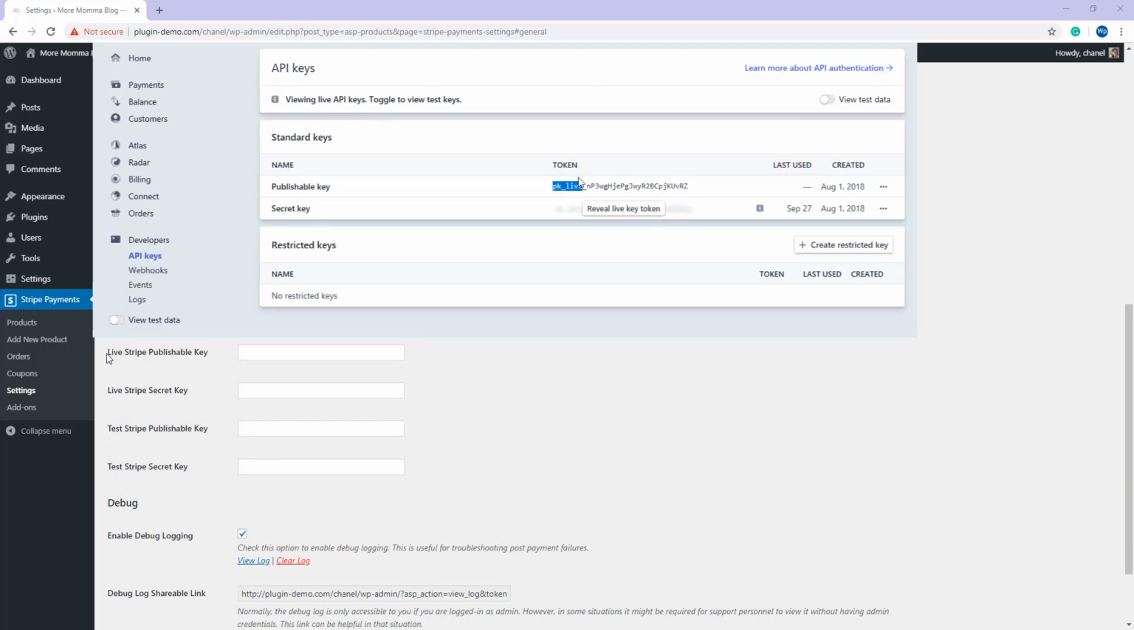So it's important when you copy these from your Stripe dashboard that you paste the live Stripe publishable key and test Stripe publishable keys in the right fields, and your live Stripe secret key and your test Stripe secret key in those correct fields. If you mix them up, you're going to have issues when you try and do a